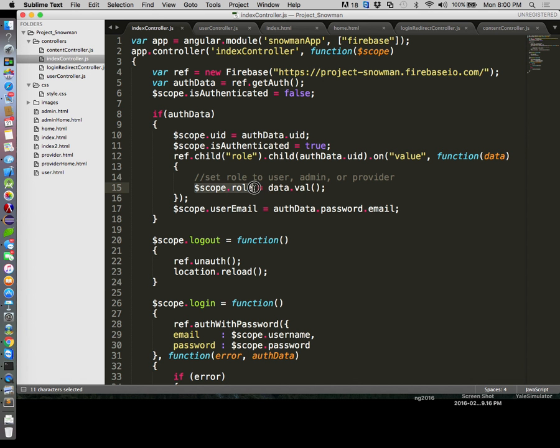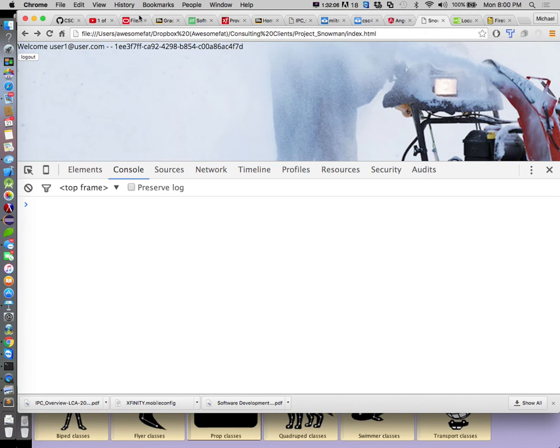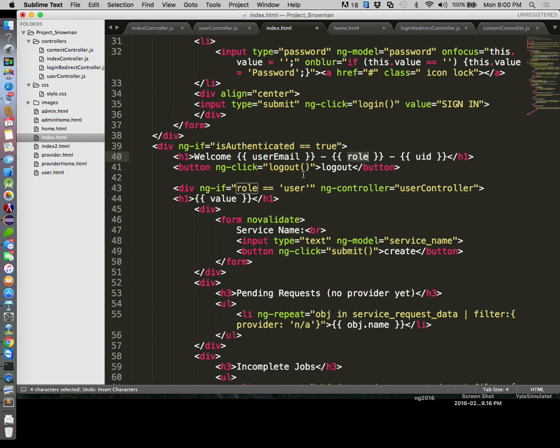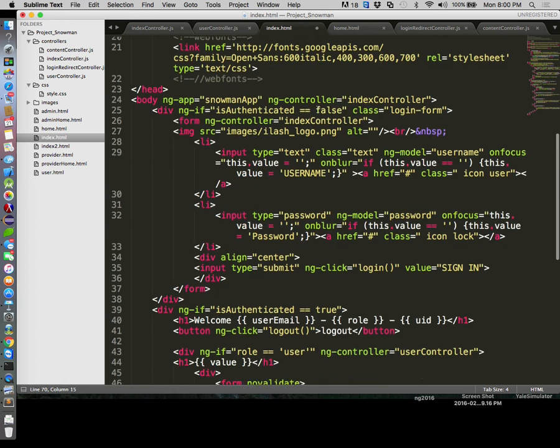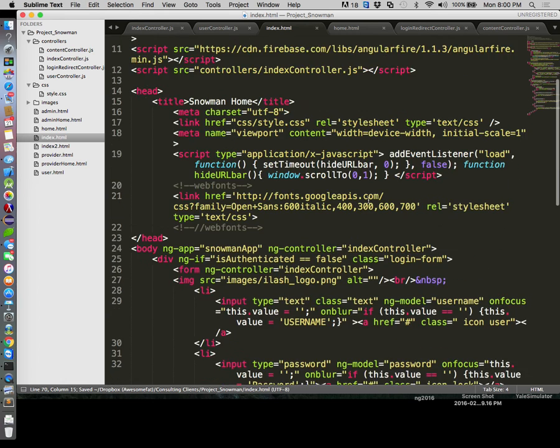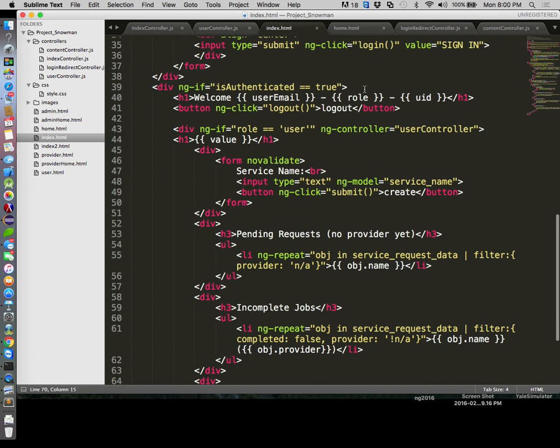We're putting it into scope.role. Just for no good reason whatsoever. Okay, well, at least that didn't work. That would have been troubling. Okay. Index